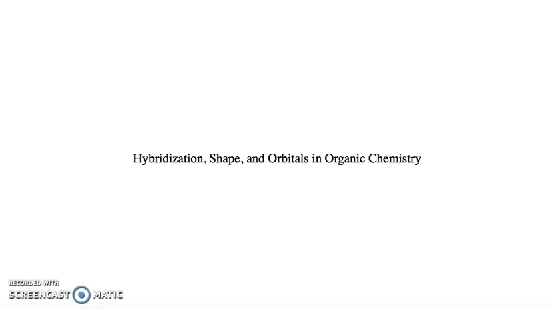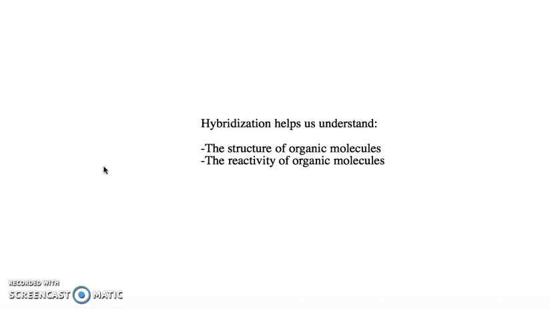Hybridization, shape, and orbitals in organic chemistry. It's important to understand the hybridization and the orbitals in organic chemistry for several reasons. Hybridization helps us understand the structure of organic molecules, and it also helps us understand the reactivity of organic molecules. We're going to look at the three most common types of hybridization found in organic molecules, namely sp3 hybridization, sp2